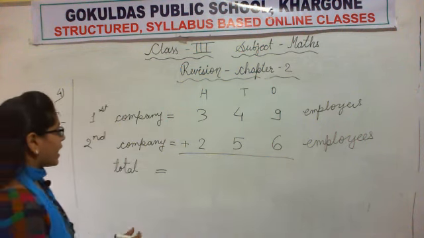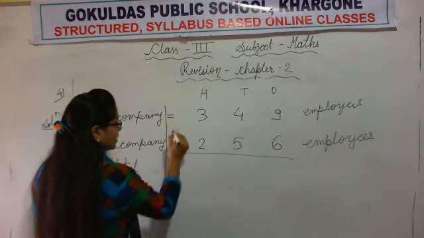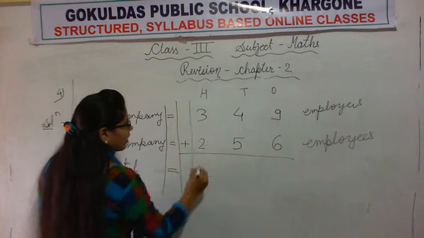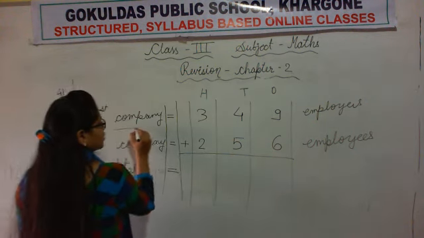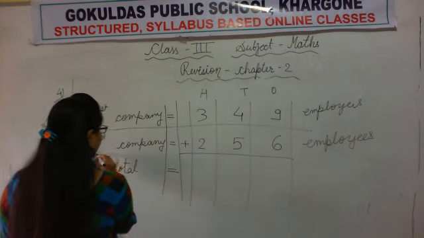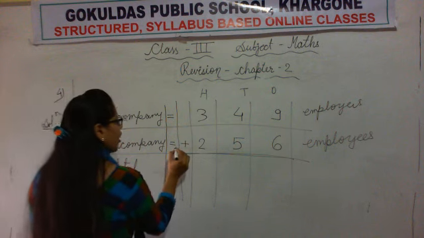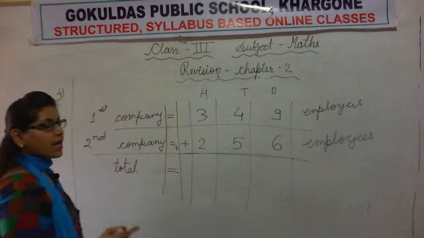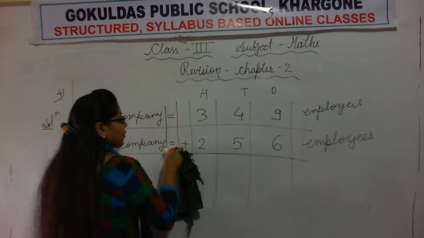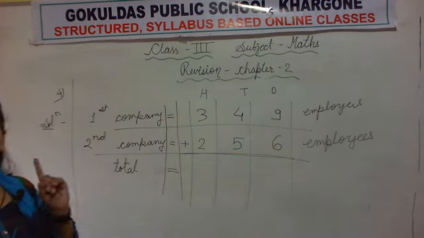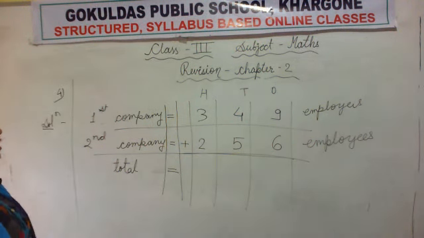See the common mistake I am seeing in all of your copies. This is your box copy. So what will you do? This is how your square box copy looks like. So what are you doing? You are putting both the symbols in one box. Do not write like this. You will write only one symbol in one box.